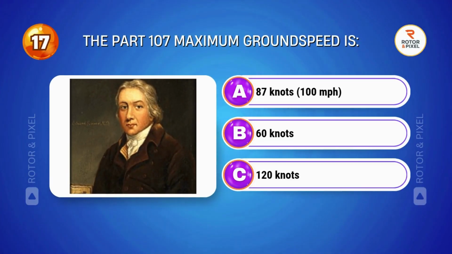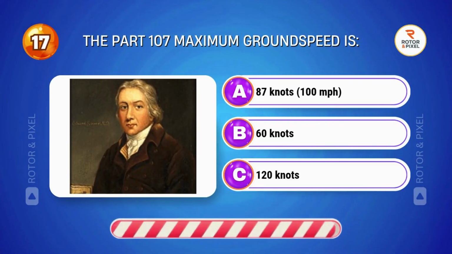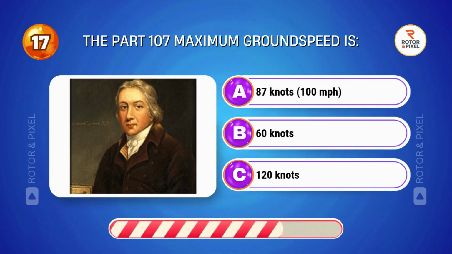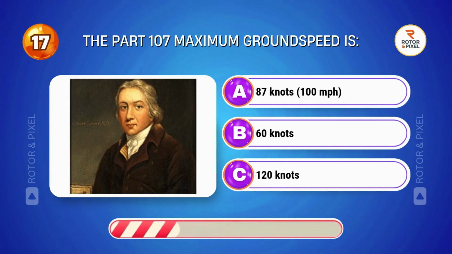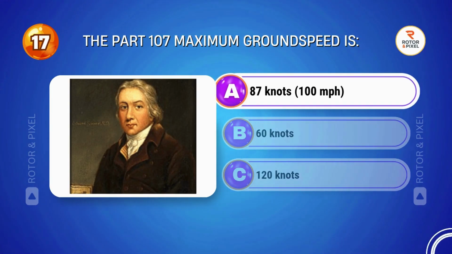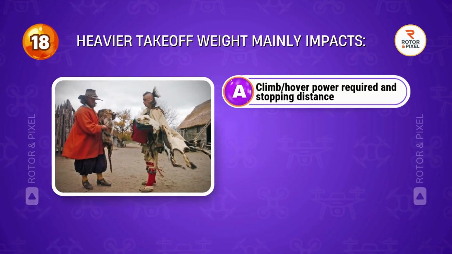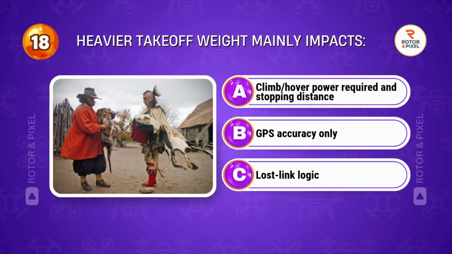The Part 107 maximum ground speed is Answer A, 87 knots, 100 miles per hour. Heavier takeoff weight mainly impacts